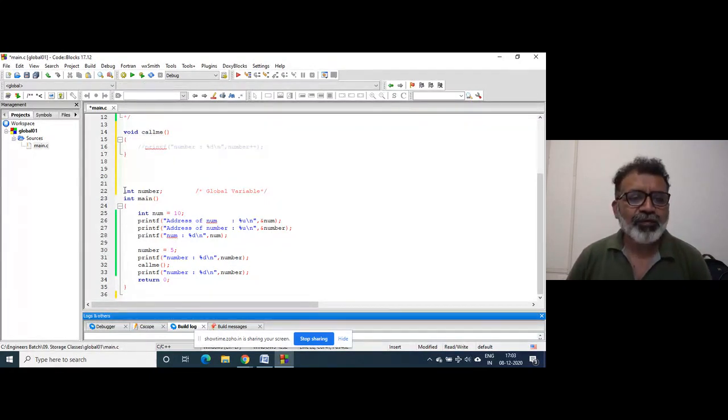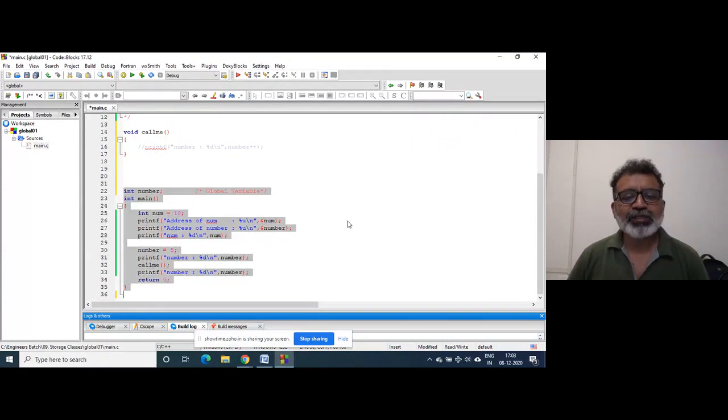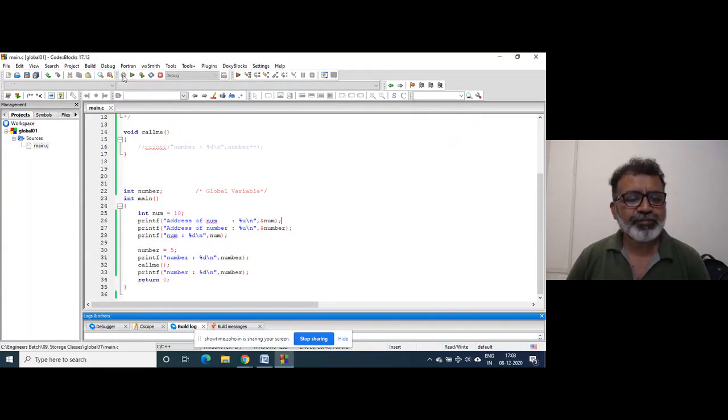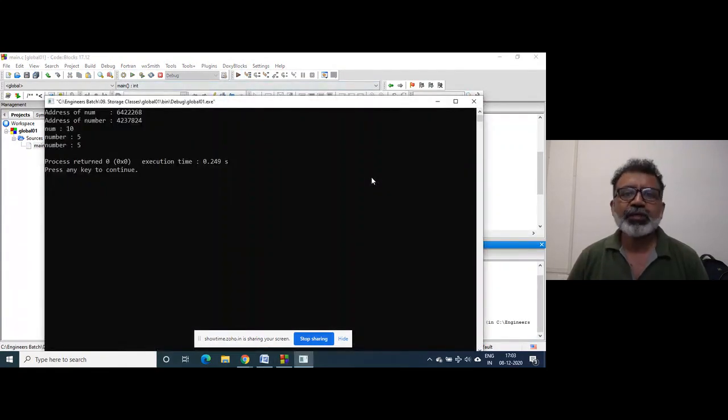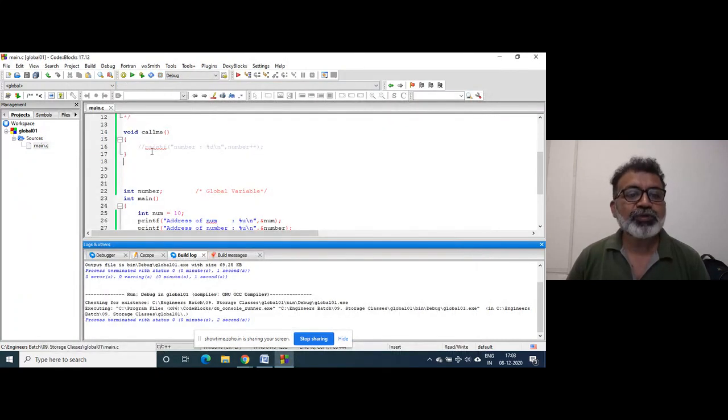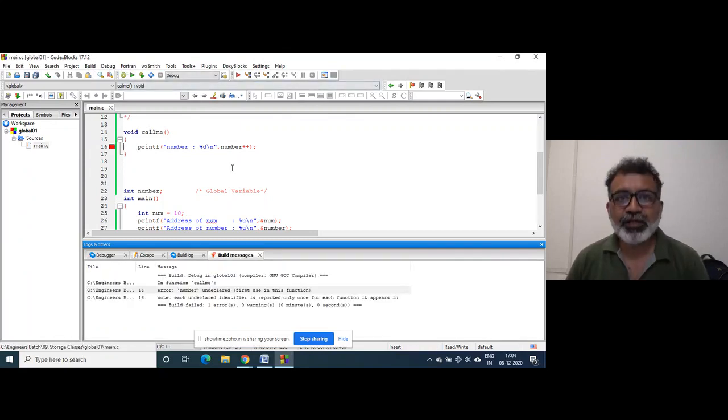If this program individually is executed, it will run and give output. There is no problem. But suppose I write this, it gives you an error.